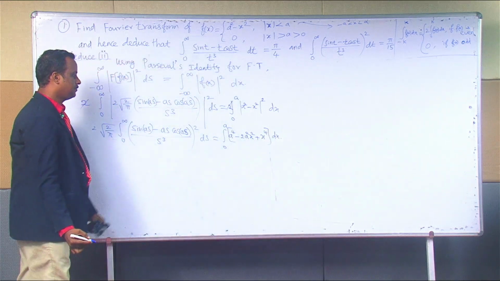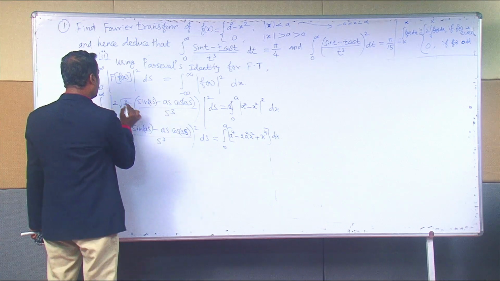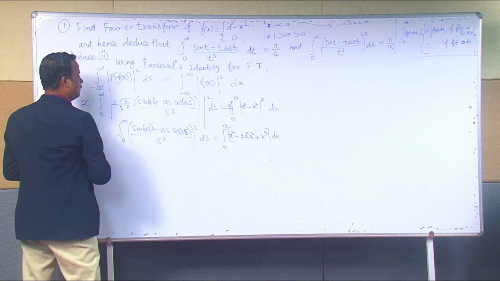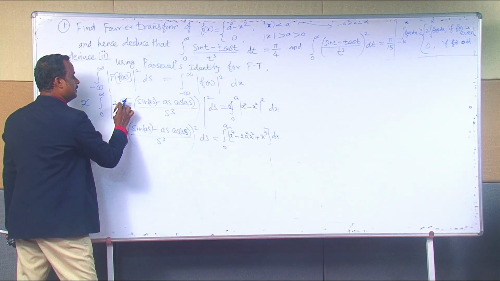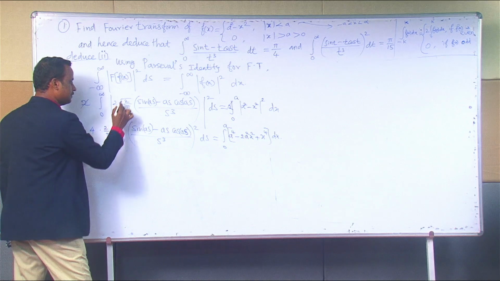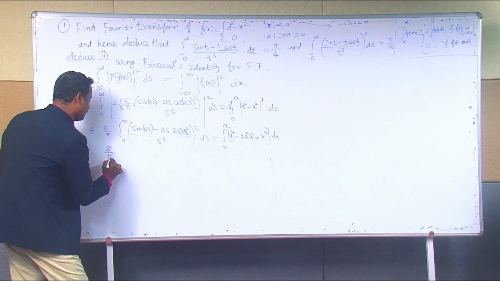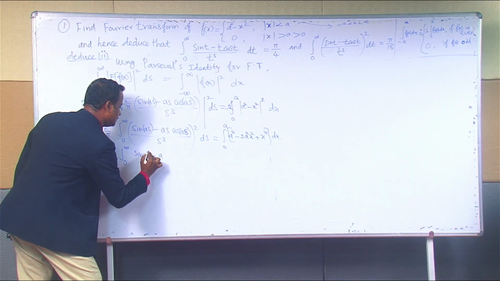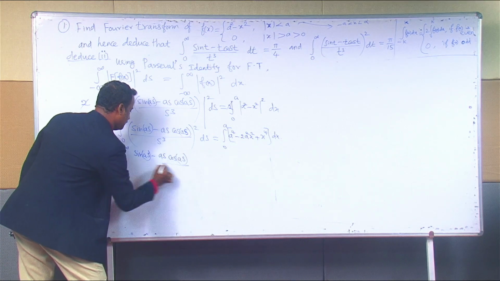By using the formula (a minus b) whole square we get this. And here is a square, so we can write it as, while applying the square here, 2 square becomes 4, and root of 2 by pi becomes 2 by pi squaring, okay, while squaring we get like this. So 8 by pi integral 0 to infinity (sin as minus as cos as) divided by s cube